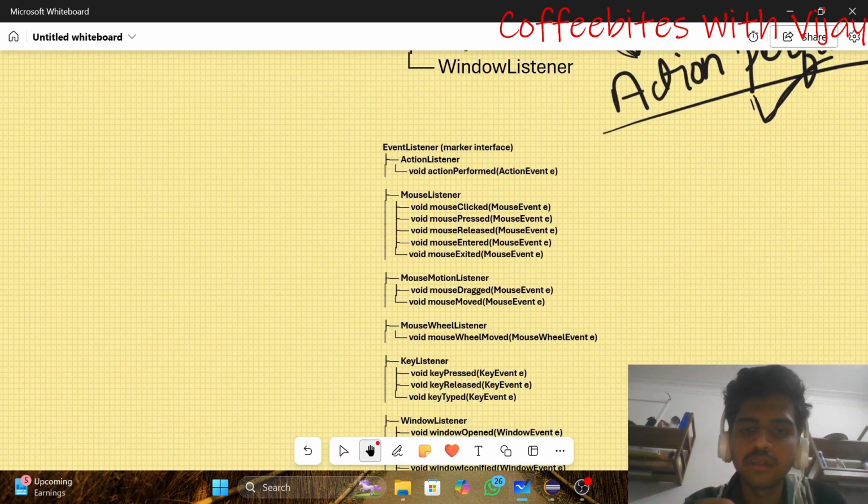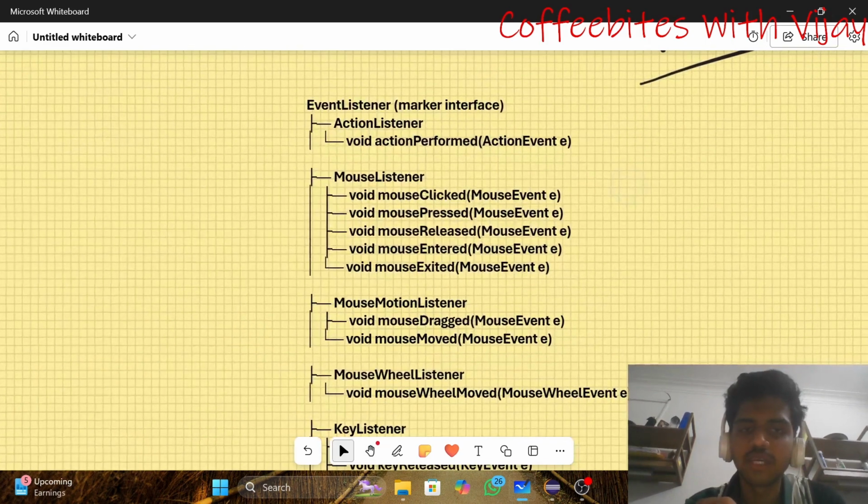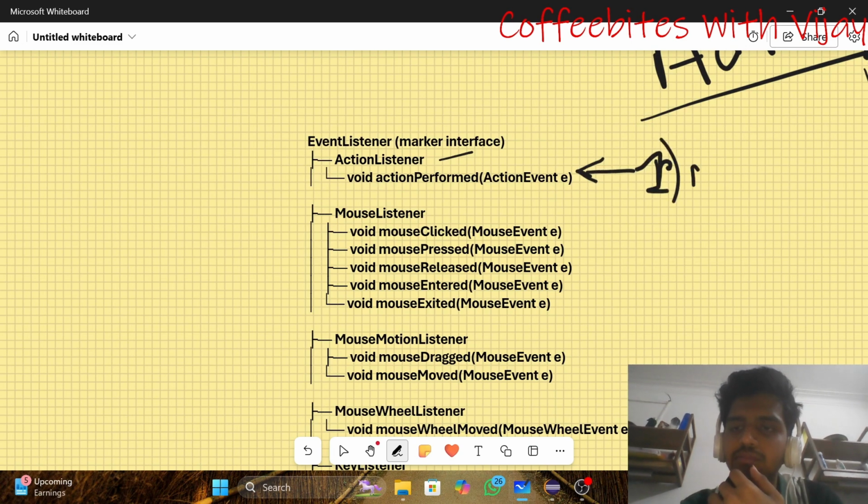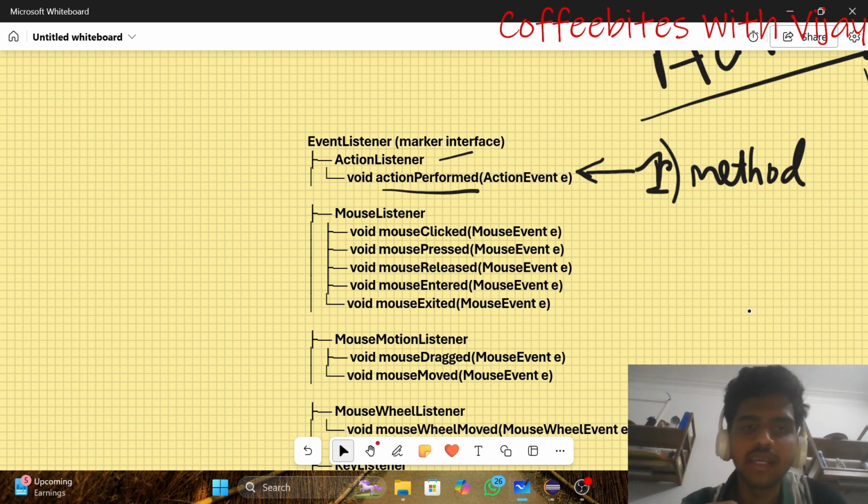You can see the chart over here. This is the action listener interface, and inside this action listener interface, I have only one method, and that method name is action performed. This is the first one I will be explaining today.